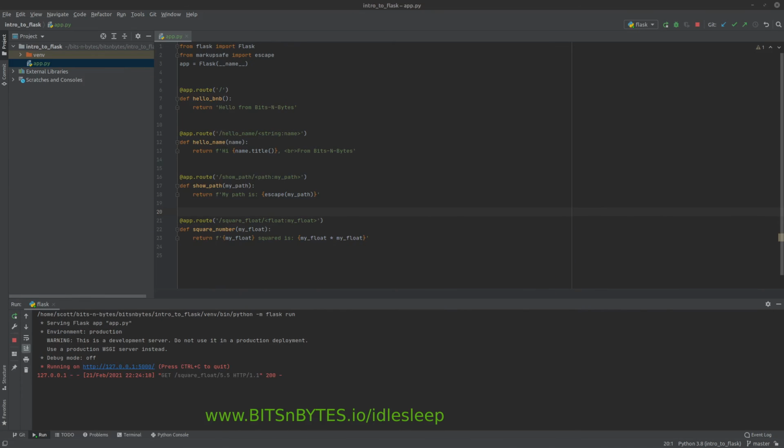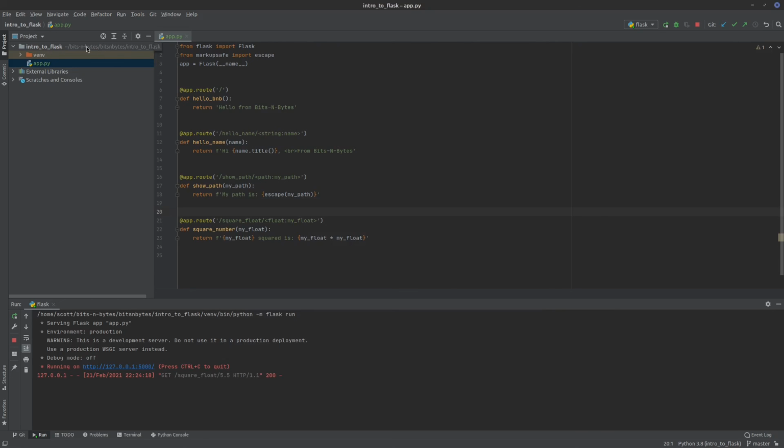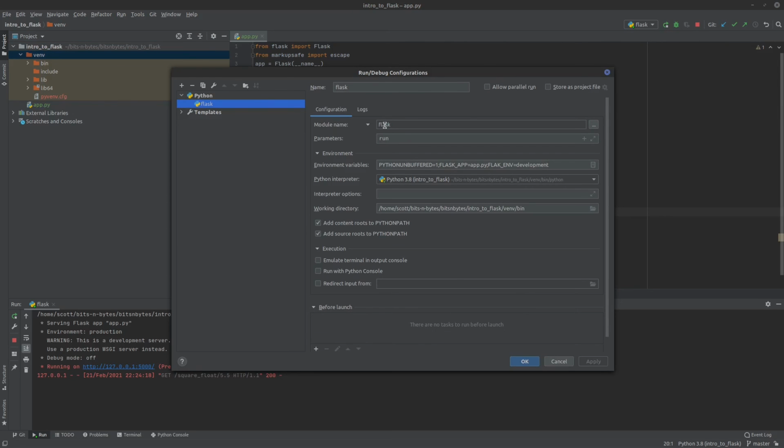And basically what we did is we went and we created a new project, file, new project. We set that up. That created a new virtual environment inside of our folder that we set up here in our new project. Our project path is different though. You can see the full path right here. Then the virtual environment, we set up our configuration here. We switched this to module name. We set Flask. The argument we want to pass to Flask was run, so that it actually starts it and executes it. And then we passed in these environment variables.